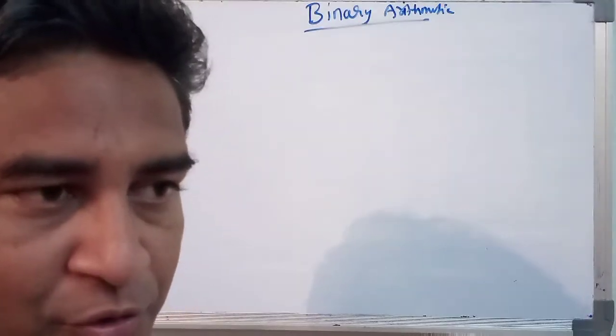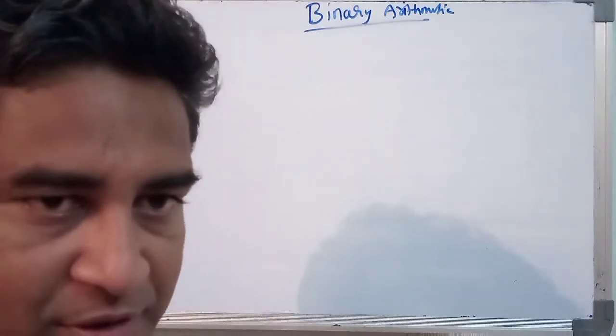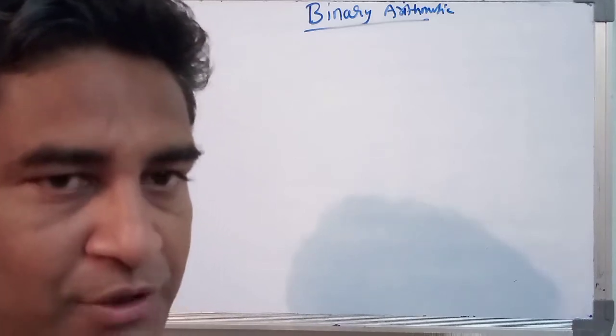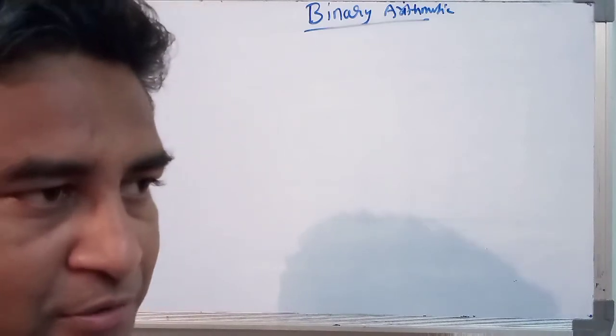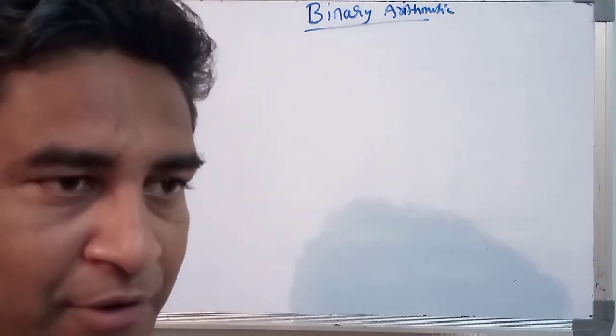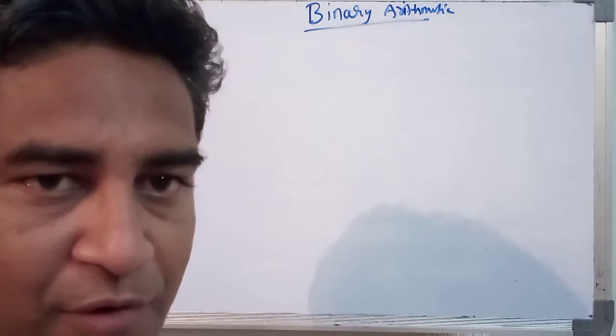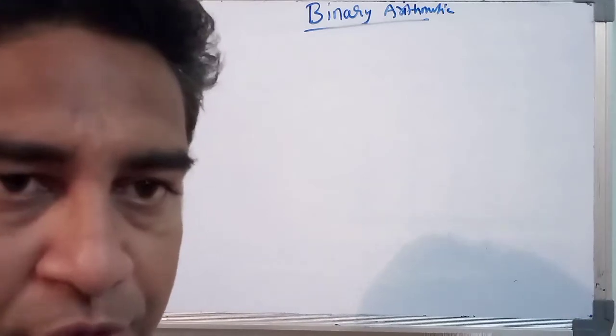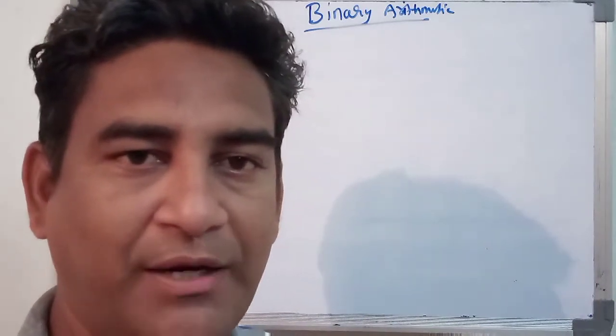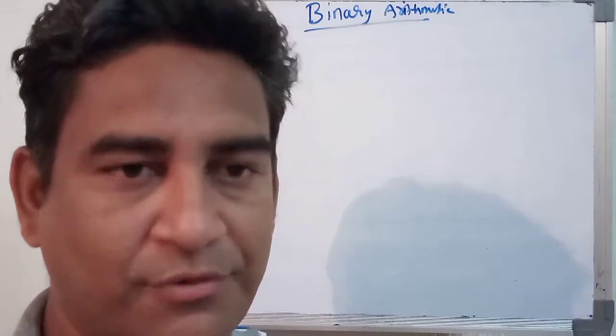Okay, students. For this binary arithmetic, as I previously told you, there is addition, so certain rules are there for addition. Also for subtraction, there are certain rules. You have to keep these rules in your mind. It is very important, because when anyone asks you the value of 1 plus 1, you should be able to explain why it comes out as 1 0.